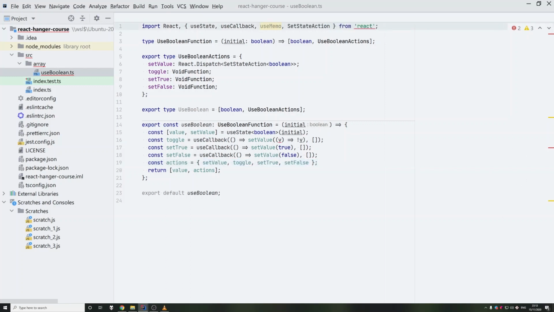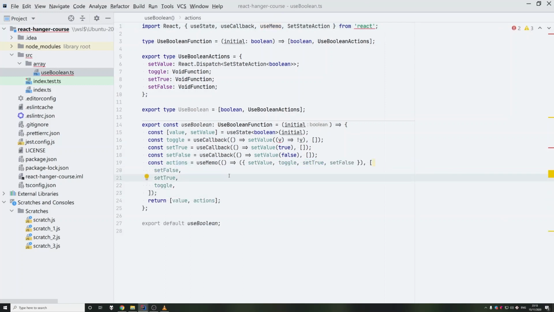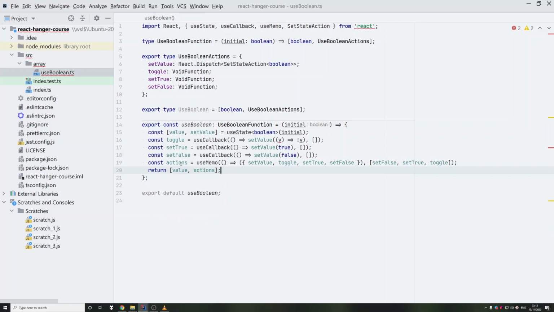So let me just do it. Here we go. So this is how it all looks. We have actions, we have useMemo, and we have this beautiful object that's going to be returned only and is going to be changed only if set false, set true, and toggle change. But since these guys will never change, as you can see again,